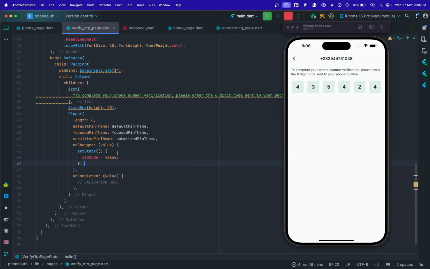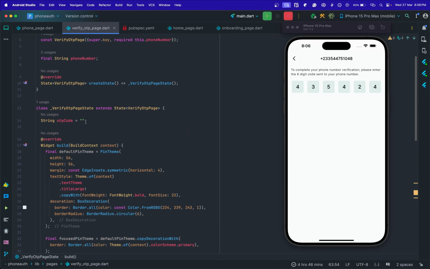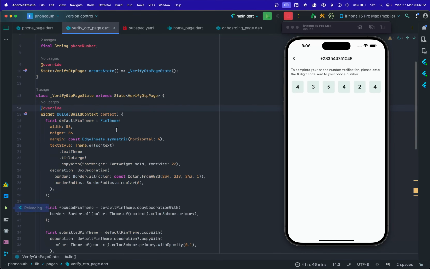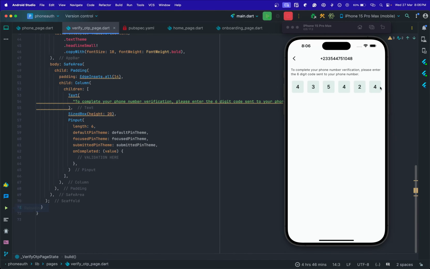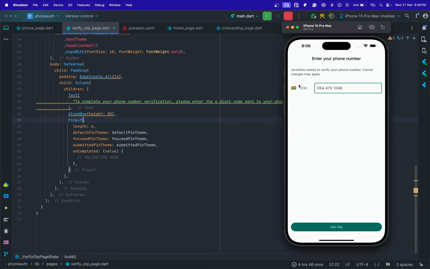So I'm going to remove this on change, and then also remove this variable we created here, right? And when everything is successful, we will just navigate to the home page and log the user in. Now that is about the UI, right? We have this get OTP code that takes us to this page, and if I hot restart,